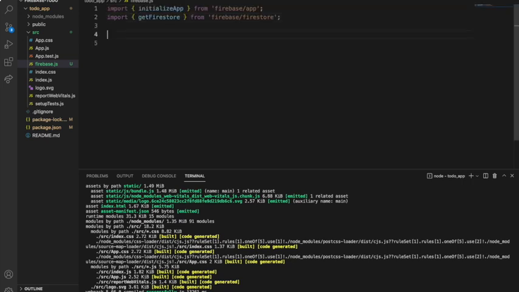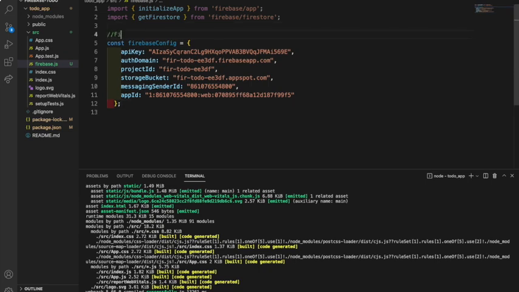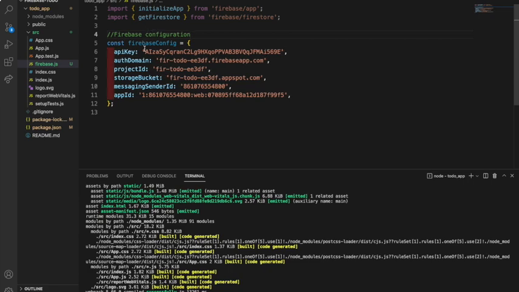Alright, and here is where I can paste the config file that we got from the database. Firebase configuration. Next, I need to initialize Firebase using the initialize app function and Firebase config as the parameter. So I'll do const app equals initialize app and then the Firebase config. And then from there, I'll initialize Firestore using get Firestore, the get Firestore function up here, and the app variable